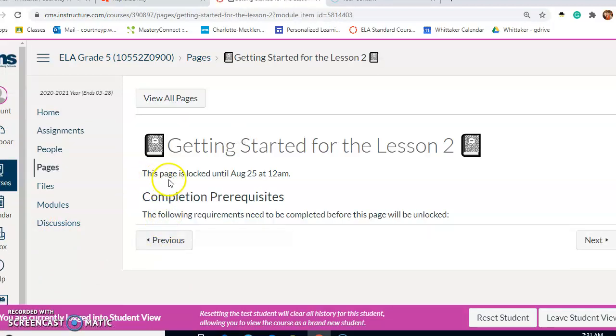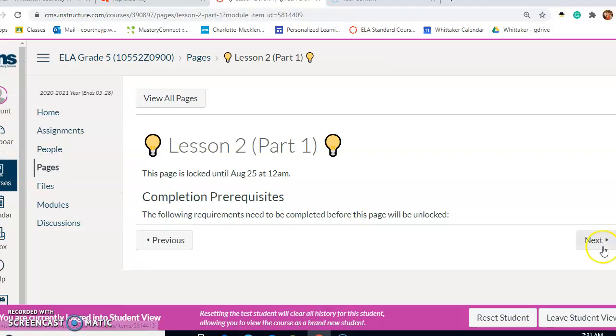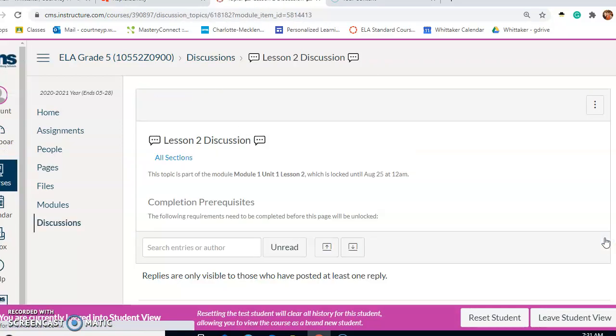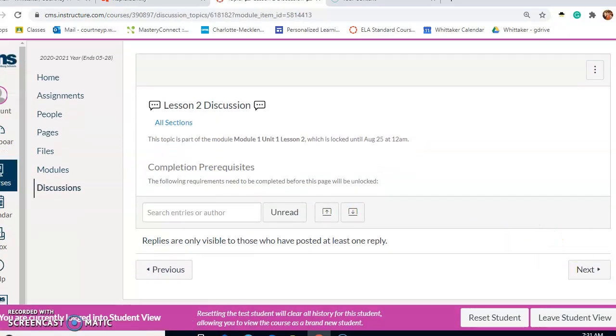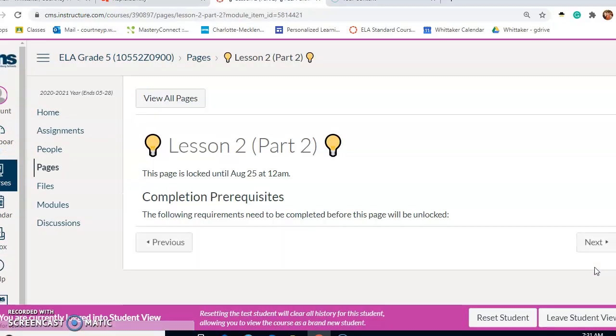Oh, it says, look, this page is locked until the 25th at 12 a.m. So they actually can't do it. They might be able to look at it, but they can do nothing because it is currently locked. As you can see, it still says it there. So it's just a nice tool to have. Okay, so hopefully that'll help you at least to get all of your lessons published and